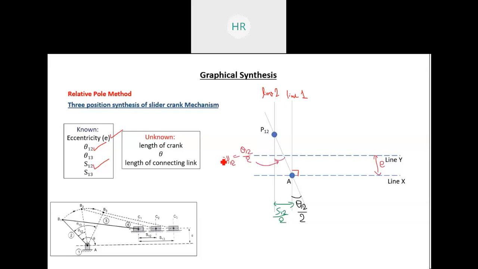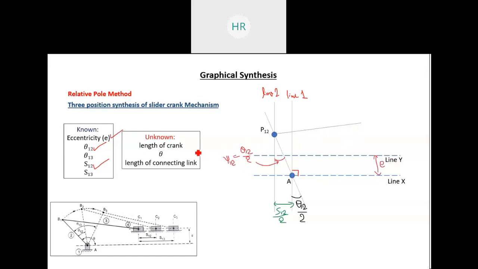Now measure these angles zeta 12, or you can also calculate it: zeta 12 is equal to theta 12 by 2. Now draw a line randomly at any angle,